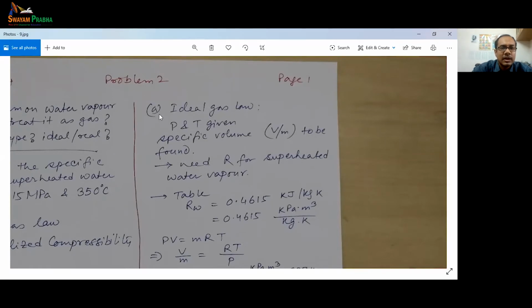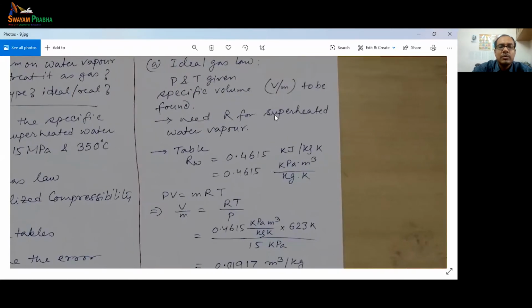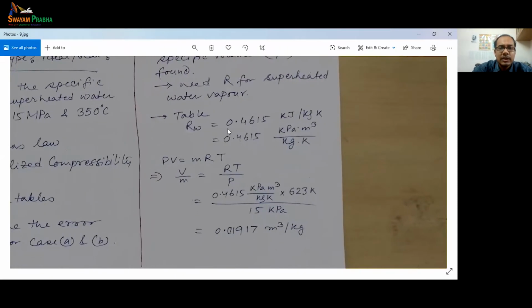Ideal gas law we can apply. Ideal gas law is the first one. So pressure and temperature are given, and the specific volume, which is capital V, volume divided by mass, is to be found out. So we need to find what is the R, the gas constant for superheated water vapor, right? So let's go to the table and find the value for